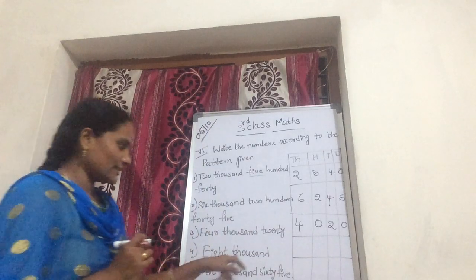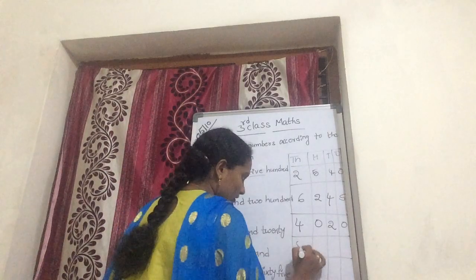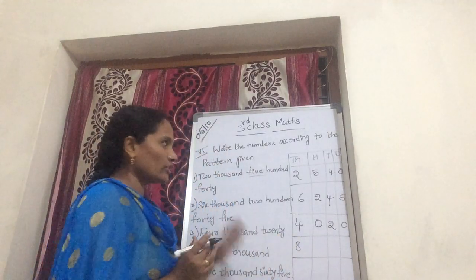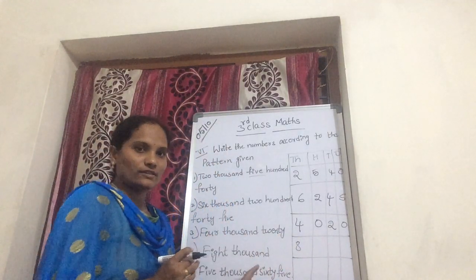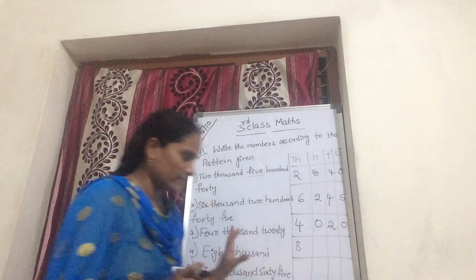Next one, 8,000. You should write 8 in the thousand place. Here hundreds, tens and ones are not given. They are all not given. So in all the remaining places you should